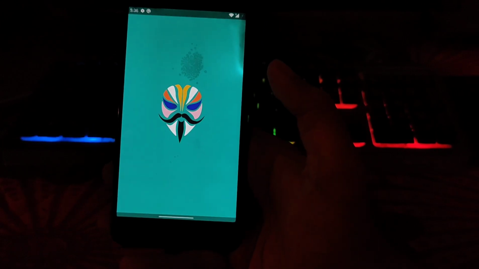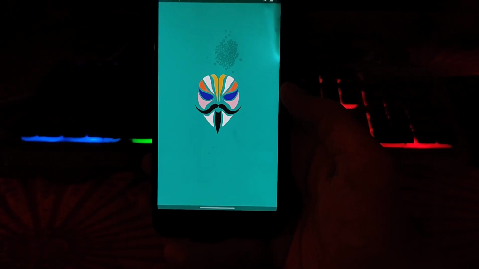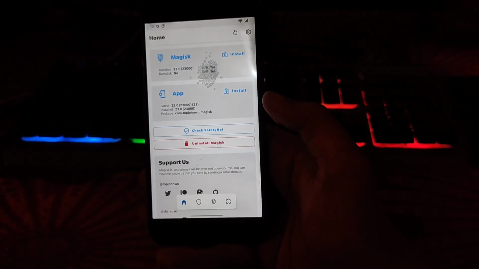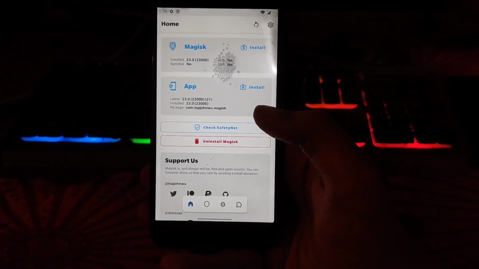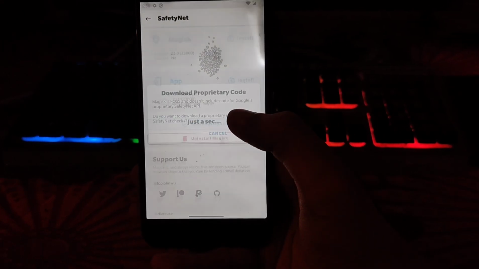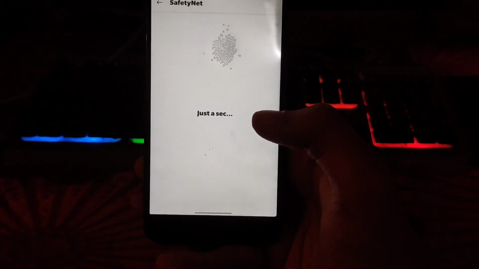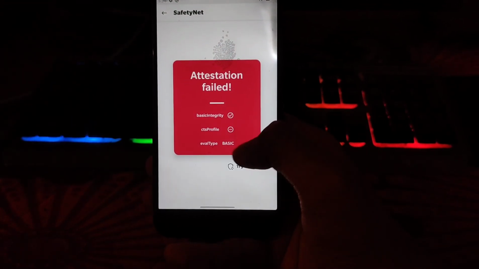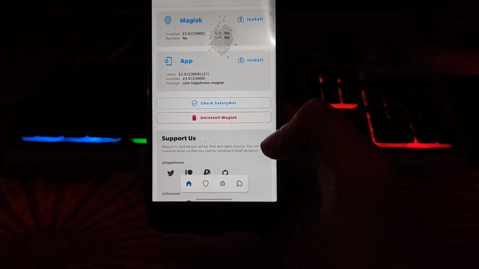So Magisk. So guys, यहाँ पे आप सब देख सकते हो भाई, Magisk has been successfully installed on our Mi A1, but the problem is that CTS will still be false. I mean, check SafetyNet, you can see. Magisk Hide enabled, but still SafetyNet CTS profile will fail. So to fix this, I will show you what to do further.